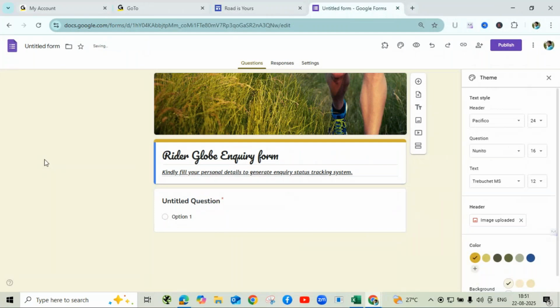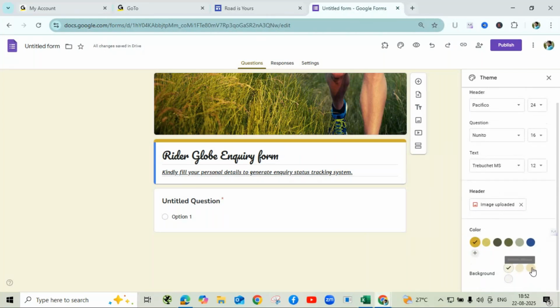I've added this, so you can change it as per your wish, and the colors, the combination, the background. Okay, so like this you can change it. Next,